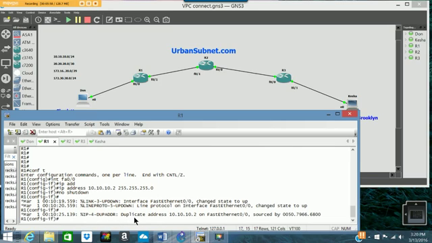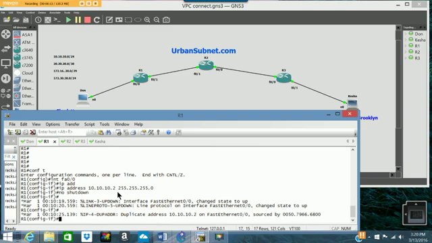So it's saying we have a duplicate address here. Let's see. And we certainly do. So that's why it doesn't work. See, this is a lesson for all of us. We have to be very careful when we put in our IP addresses, so we will put in the correct